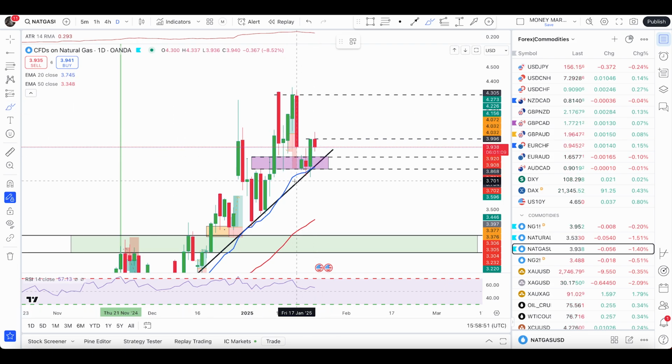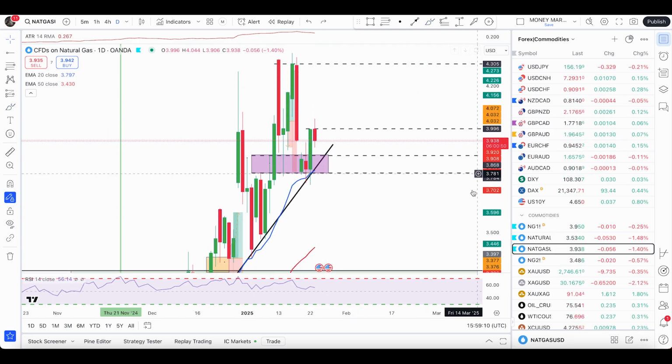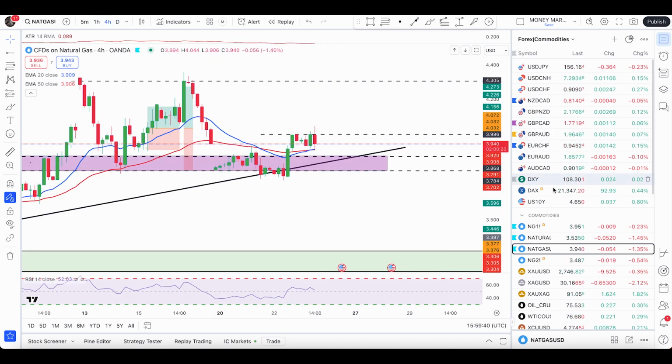In that case, I'll keep my stop loss below these candles. You can go 180 or below and 180 or above to take your profits, and then you can manage your trades till the recent high. But I'm expecting 180 at least to push up from here, and that is 277 points ATR, which is high at this point. So keep an eye on the buy signal on a daily time frame,